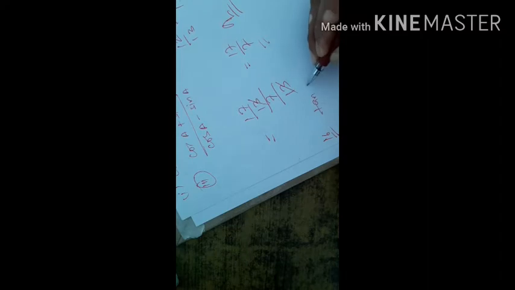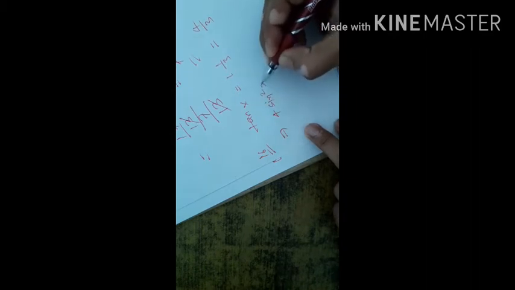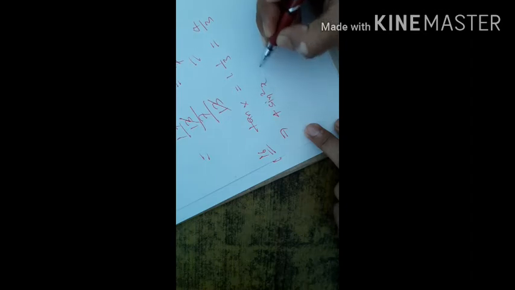In question number 16, it is given that tan x is equal to 1 whole 1 by 3. So this means 3 times 1 plus 1, that is 4 by 3. So this is 4 by 3. In this question we have to find the value of 4 sine square x minus 3 cos square x plus 2.